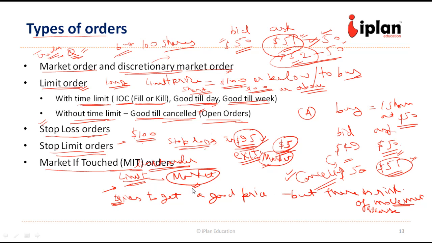And in the case of a market order, we are executing the order immediately, so we may not get a good price. The price may not be favorable to that extent, since we might be giving up the edge. The spread we are going to sacrifice there, but we are avoiding a risk of adverse movement. Since the order will be executed immediately, we are avoiding the risk of adverse movement in this case.